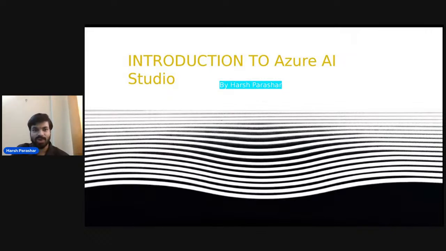So here we go. Firstly, we have our introduction to Azure AI Studio. Azure AI Studio is developed by Microsoft, and it is a very phenomenal platform. This platform, we can say, is the backbone behind OpenAI because it is basically established on the cloud. So lots of big data, as we have heard of, and the amount of content we generate is unstructured data.